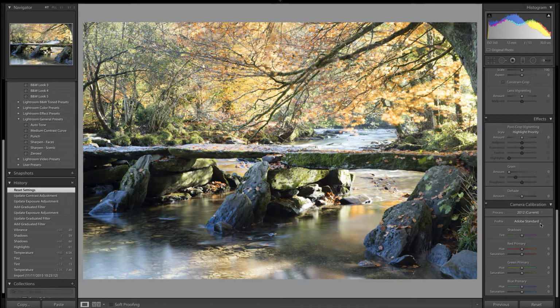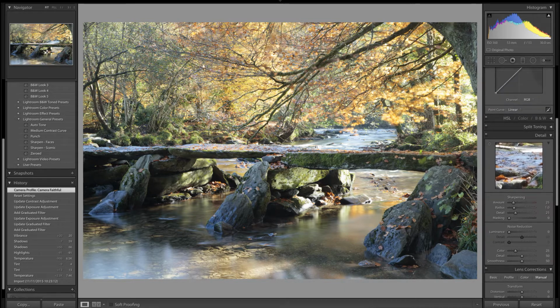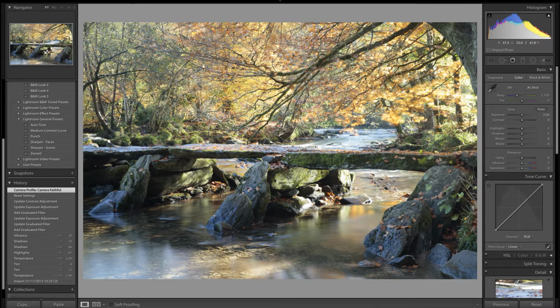But I have noticed with my Canon 5D SR that the Adobe Standard camera calibration does tend to crunch the blacks a bit. So in this particular case, before I do anything else, I'm going to choose Camera Faithful. And there's not much of a difference, but I am just seeing a little bit more detail, a slightly less contrasty image. So most of the time I wouldn't do this, but when I'm dealing with this really high contrast situation,